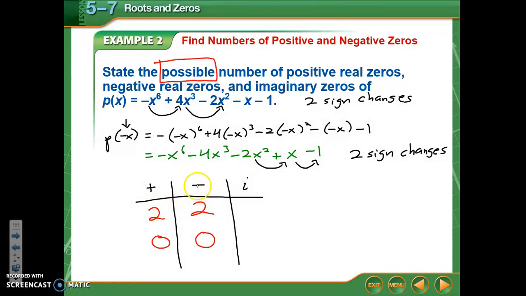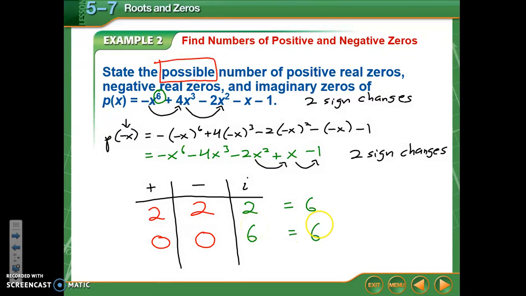And the tricky thing about this is we have to make sure to get all of the combinations. Okay, so what is the degree of my original polynomial? 6. So that means I have to have 6 roots. So if I can have 2 positive roots and 2 negative roots, that's only 4. So how many imaginary roots would I have to have? 2, so that the sum gives me 6. If I have 0 positives and 0 negatives, I would have to have 6 imaginary roots, so that my sum